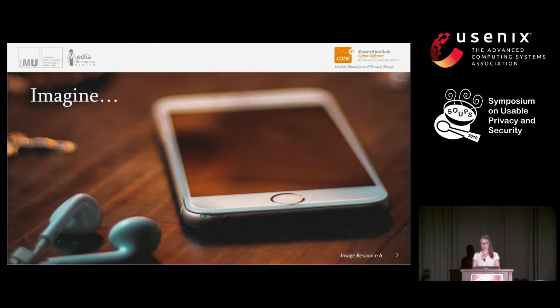So imagine you leave your unlocked phone in a public space, for example, a coffee shop or your workspace. Someone could pick up this phone and steal sensitive data from it. But if your device uses continuous authentication, it would recognize this intrusion and it could restrict the access to the attacker in a few seconds. This would be great, wouldn't it?